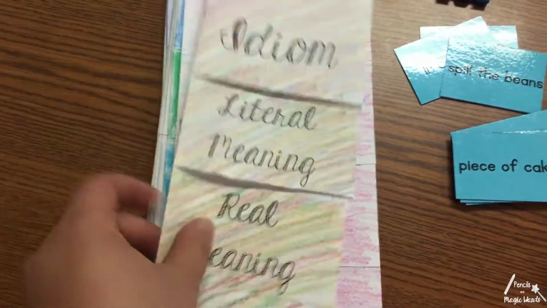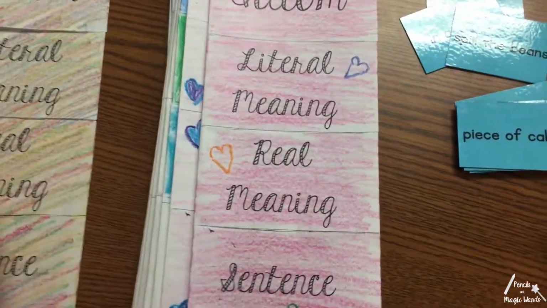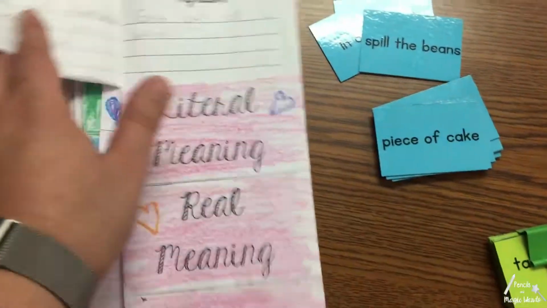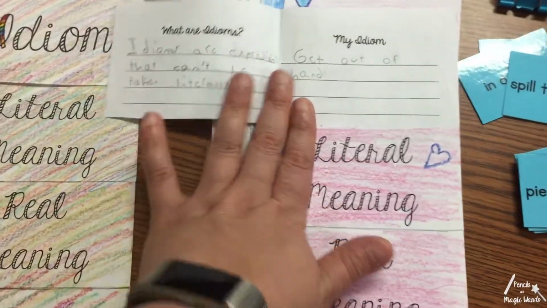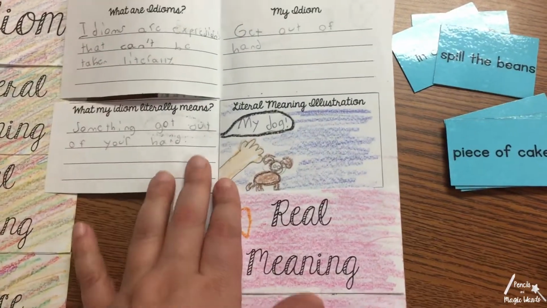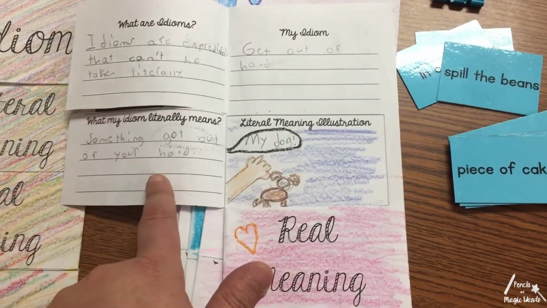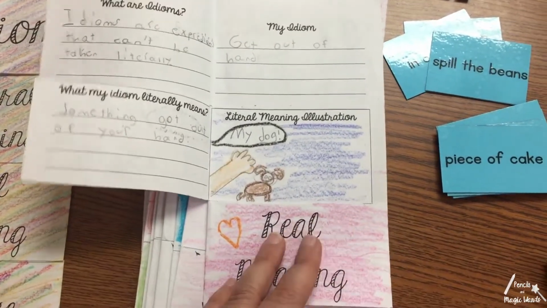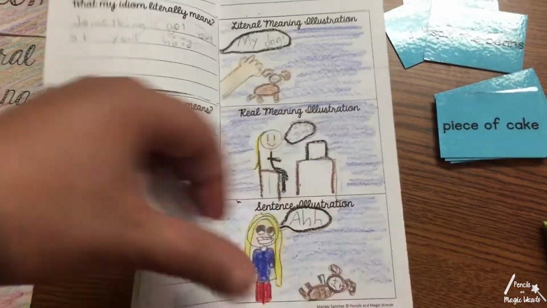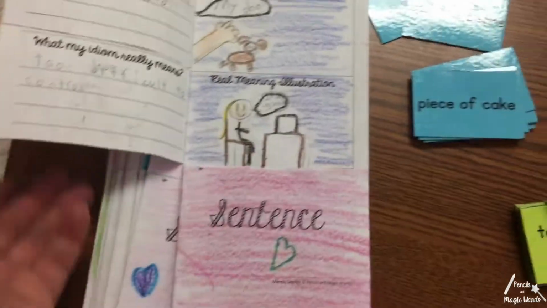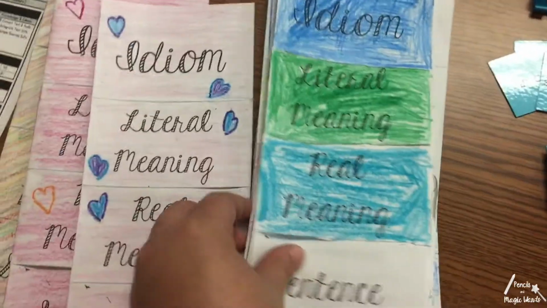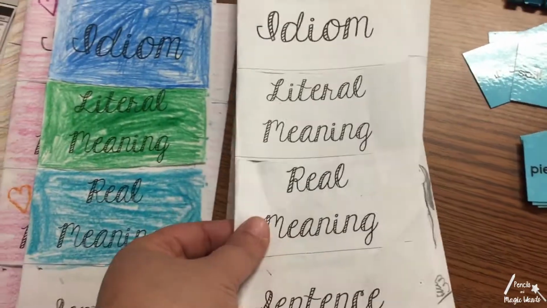Afterwards, if they wanted to, they could decorate the front because I am going to put it up on the bulletin board. But again, the kids wrote the meaning of idioms, what their idiom was according to the card they got. They wrote the literal meaning and the real meaning, as well as illustrated it, and then used it in a sentence. So that's basically how the students were able to practice their idioms, and some of them again